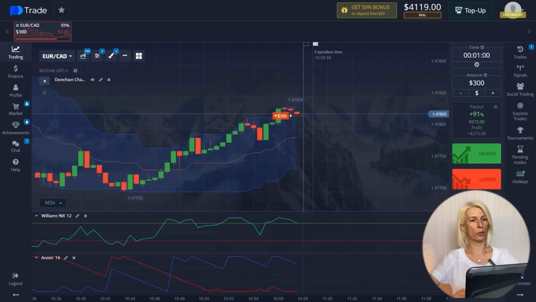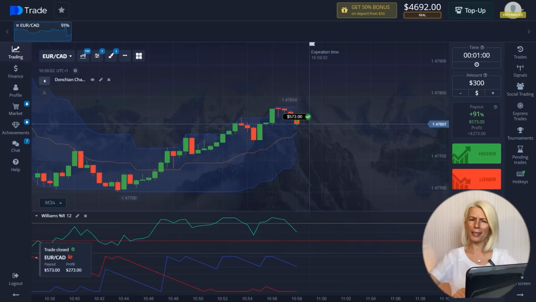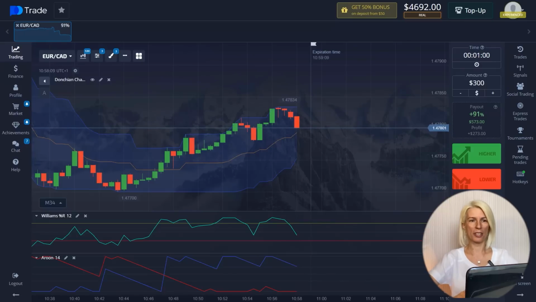The only thing that caused some doubts was the blue line of the Aroon indicator located near the level of 100 with the red line near 0. This indicates a possible continuation of the uptrend, but I made my choice and it brings me $273. And look, I opened my trades for only 1 minute, but even in such a short time, price can